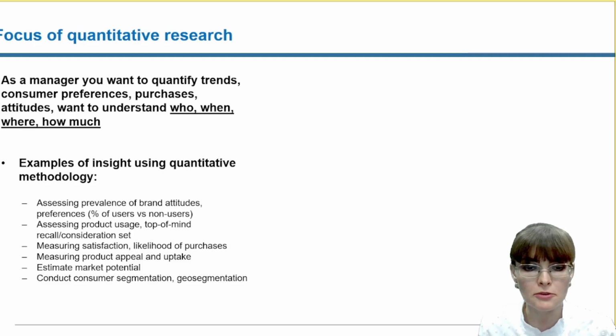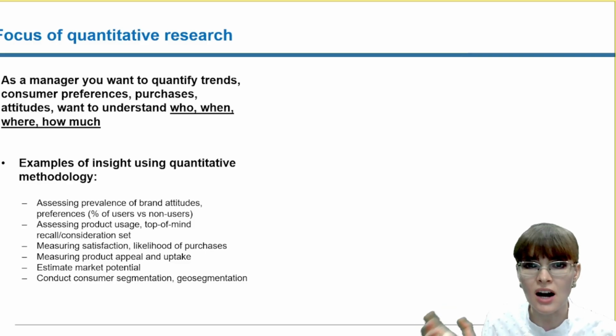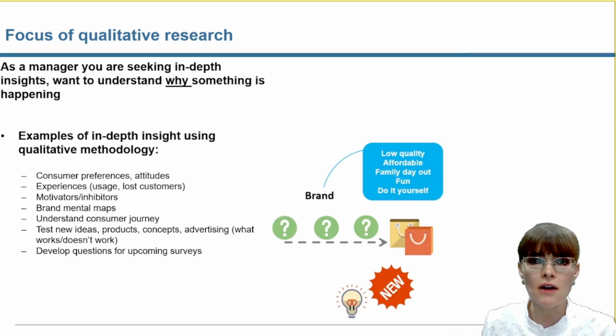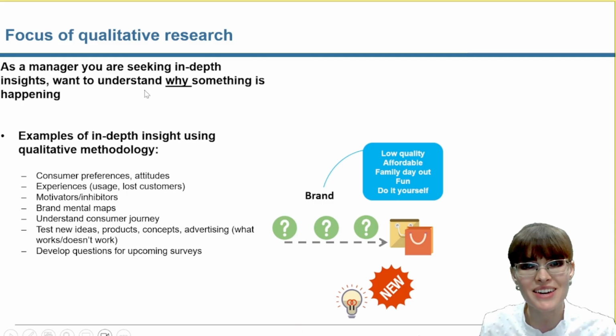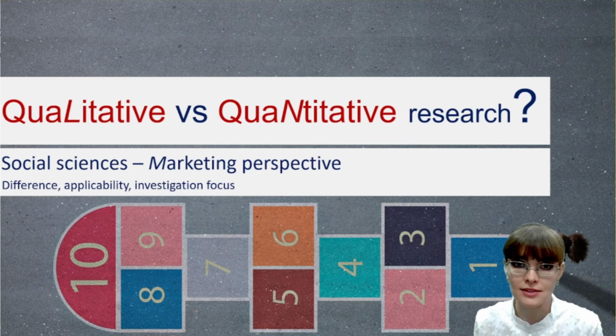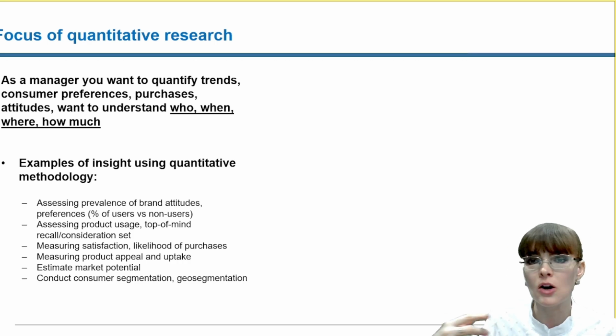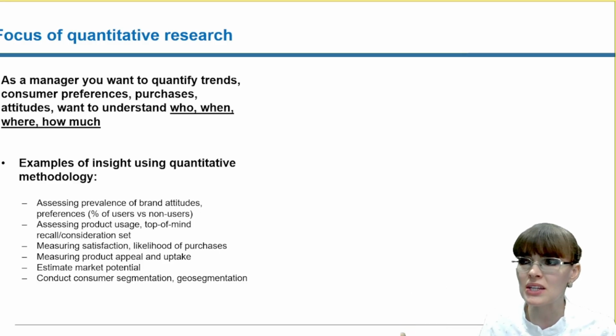With quantitative research, to give you a bit more context, now we are looking at who, when, where, and how much questions. See here, I've got why, because we really want to explore, have a deep dive, and understand. Now with quantitative research, we want to quantify, we want to understand who is doing what, how many of them are doing this aspect, when are they doing this, where are they buying, how much or how long something is happening, how much they are spending.